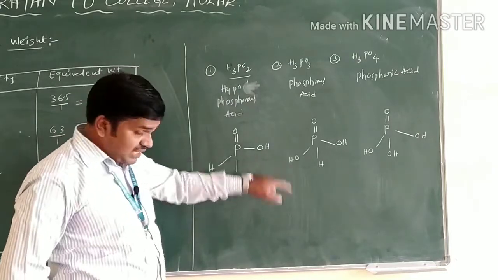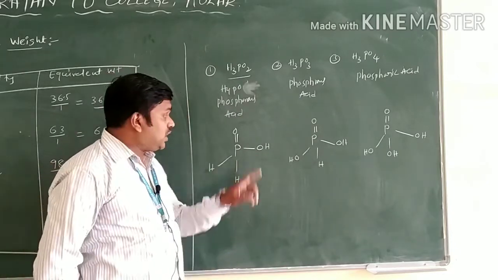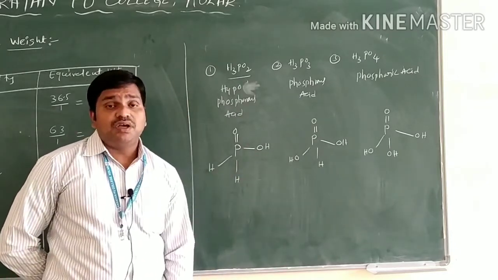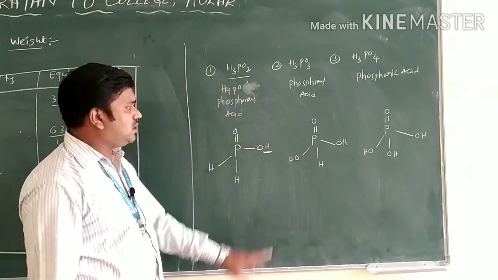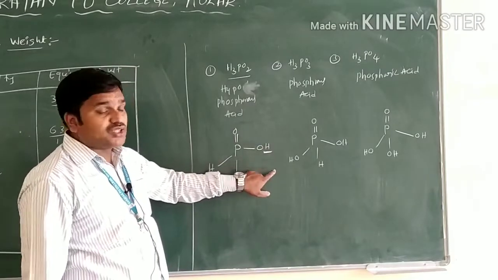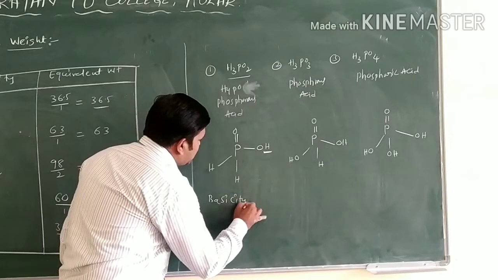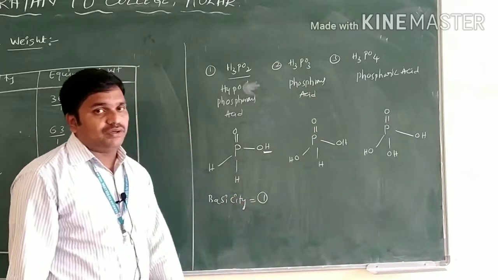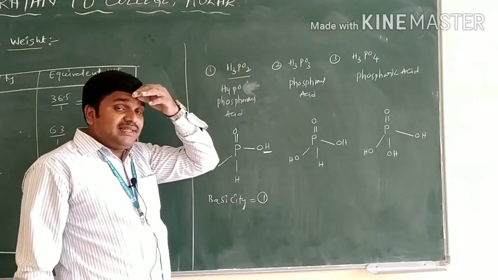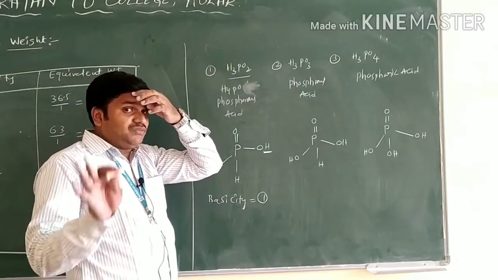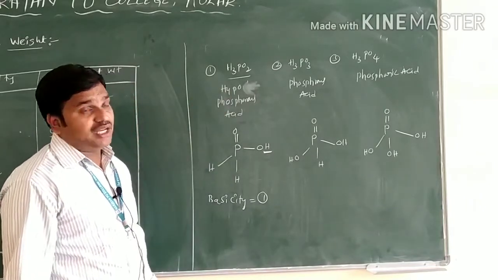Here 3 hydrogens are there. These 2 hydrogens are attached to phosphorus, but 1 hydrogen is attached to oxygen, which is a more electronegative element. So how many H plus ions are you getting? Here we are getting 1 H plus ion from this compound. So its basicity is equal to 1 only. If you see the compound formula, you may think that 3 hydrogens are replaced. No, but if you write the structure, you will get how many hydrogens are replaced.